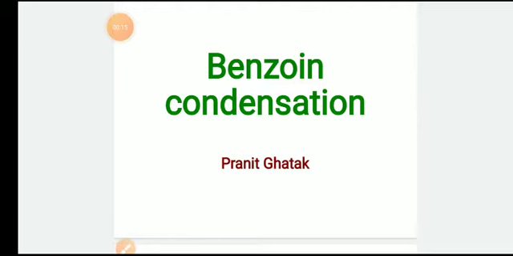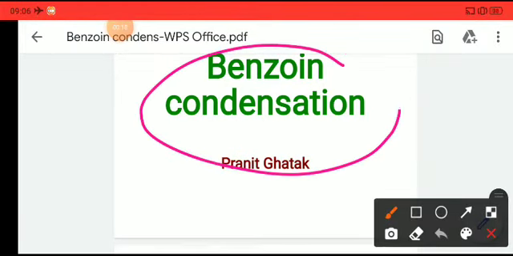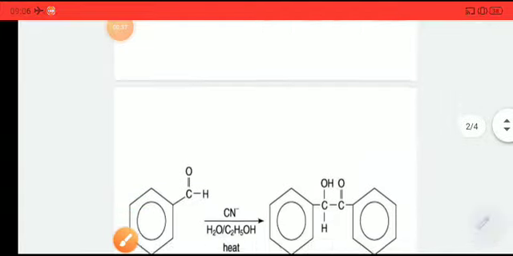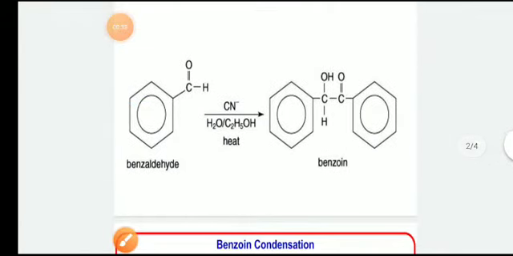Today's topic is benzoin condensation. As you know, in the previous classes we have been doing some name reactions. These name reactions are mainly aldol condensation. We have already done the Cannizzaro reaction as well as the Perkin reaction. In today's class we're going to do the benzoin condensation. So let's begin. This is the actual reaction